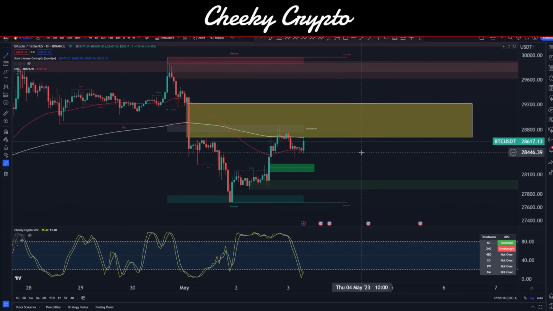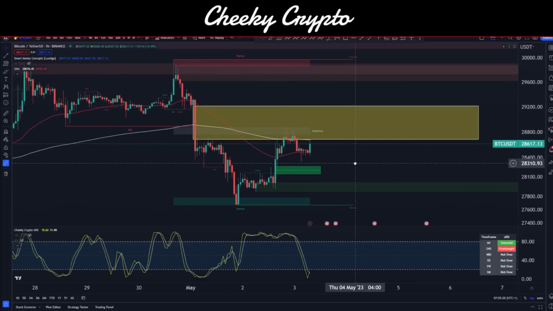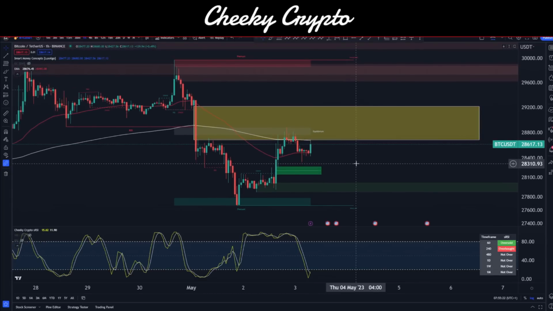Ultimately, everything on Bitcoin is looking pretty interesting, and I think it is going to lead the crypto market in whatever direction it decides to go in. But let me know what your thoughts are. Do you think the interest rates are going to be positive for Bitcoin, or do you think they are going to be negative for Bitcoin?